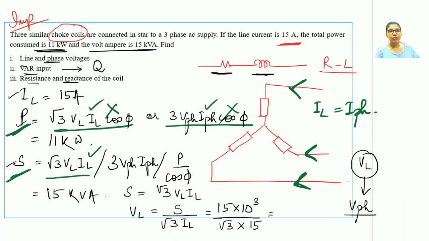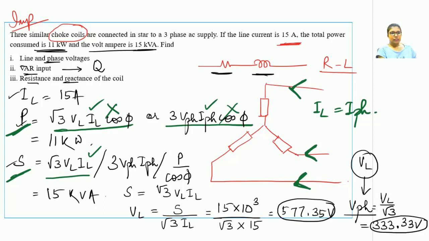So with this the value of VL comes out to be 577.35 volts. So now the value of VL is known to us. If the value of VL is known to us, one can figure out the value of V phase. V phase for a star connection is given as VL upon root 3. Upon substituting the value of VL in the V phase expression, the value comes out to be